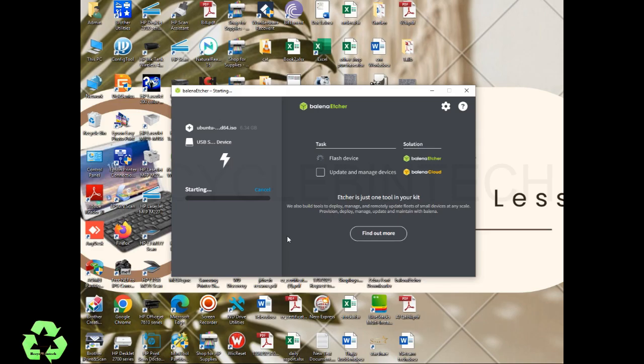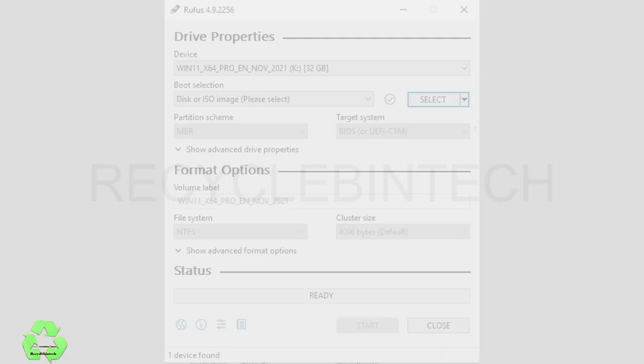I had 3-4 images here. Right click My Computer, select the option Manage, and go to the option Disk Management. From that disk management, on the left side you will find your C drive full volume. Right click over there and go to properties. In the properties you can select the volume. In this volume you can see where your Windows operating system is, whether it's GPT or MBR. The same format we are going to use to make the bootable flash with the Rufus tool, because if you make it like that only, you can